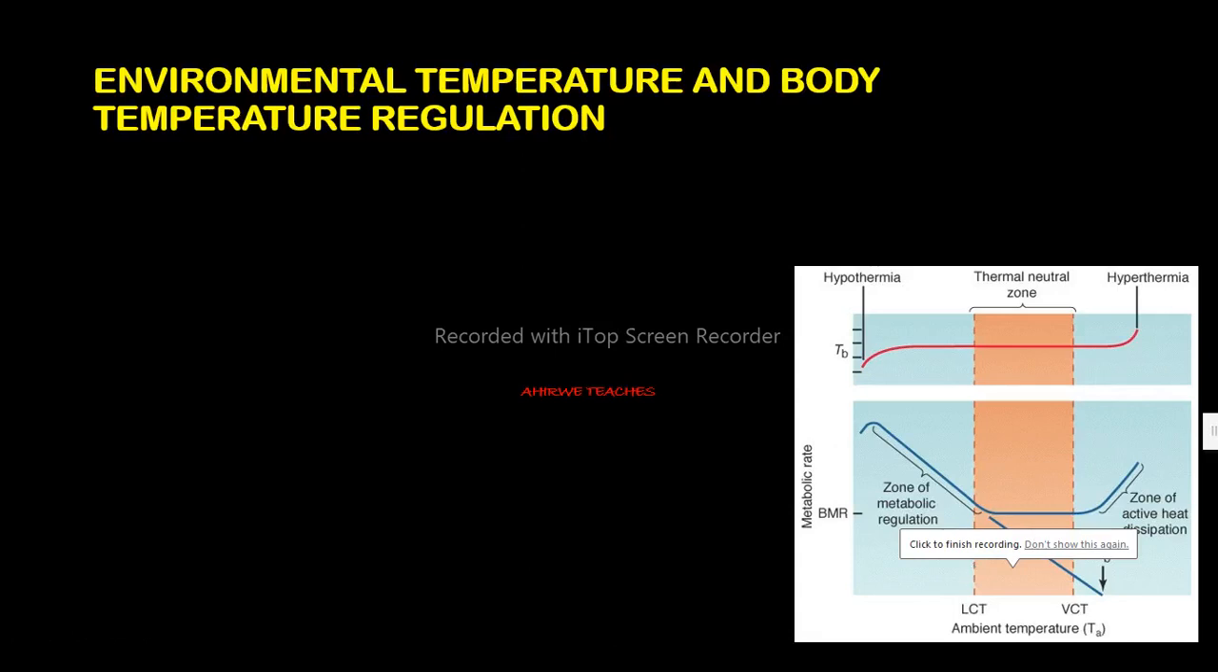Oh yes, we have seen endotherms, ectotherms, and how these guys regulate their body temperatures. Now, we are going to talk about some good concepts, and it's really good. It is really good as far as thermoregulation is concerned. And here we shall see how